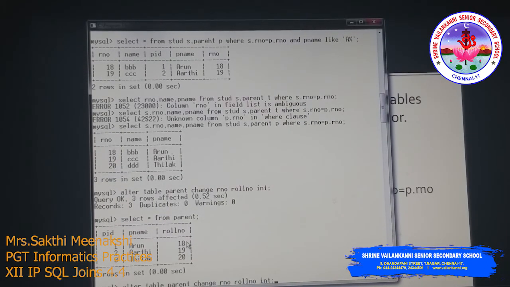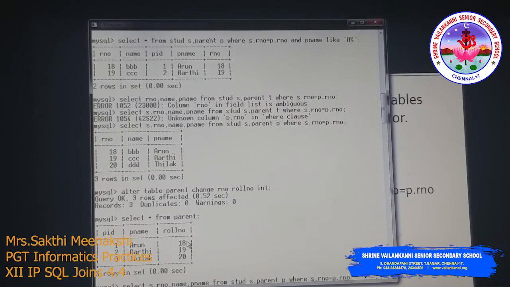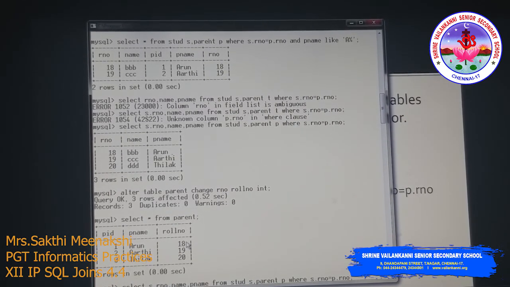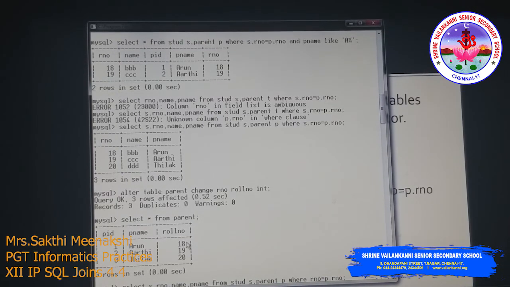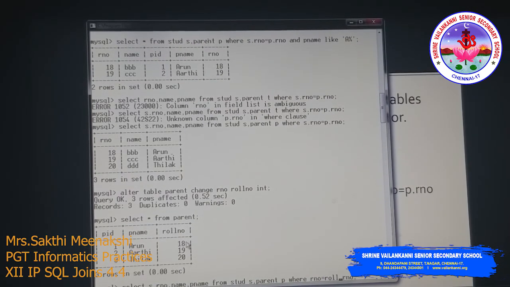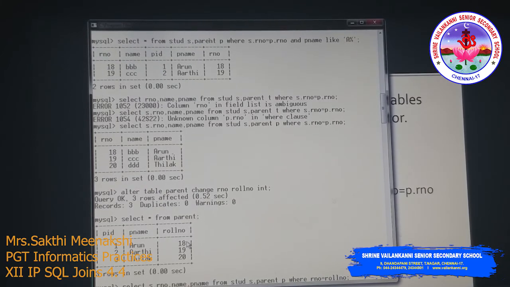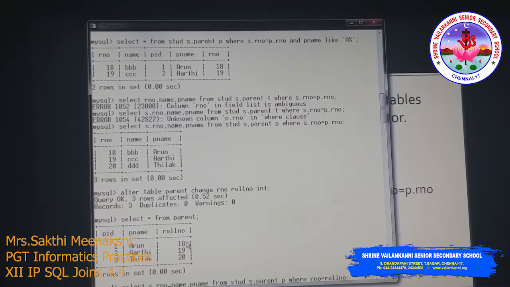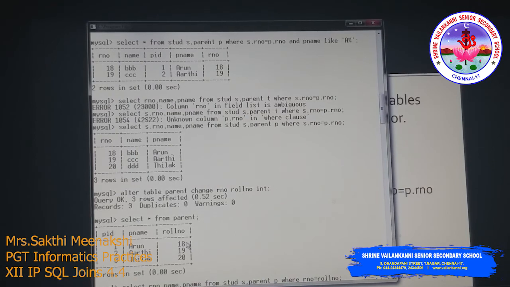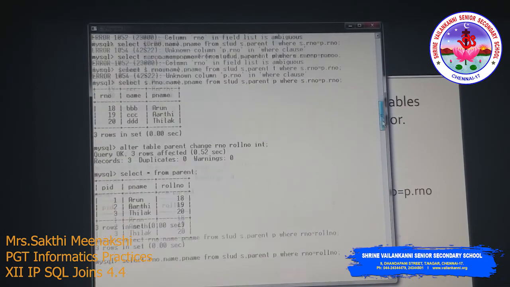In that case, there is no need to use the qualifier, because the two column names are different. Here you can simply use roll number, because we have only one roll number, right?